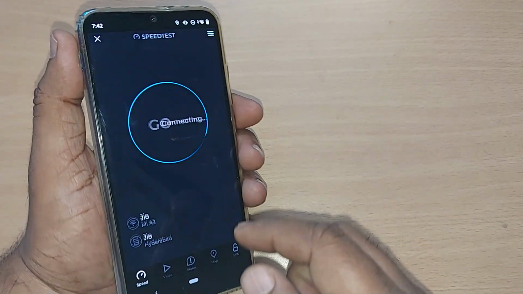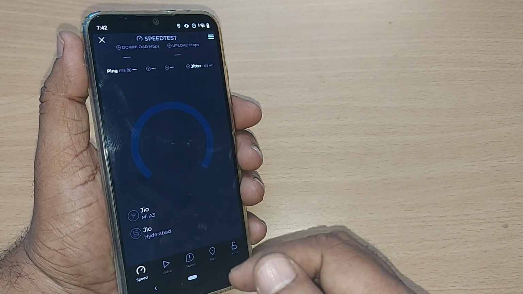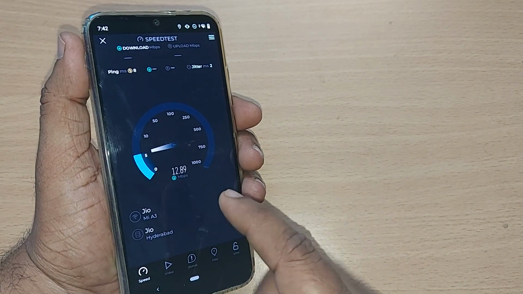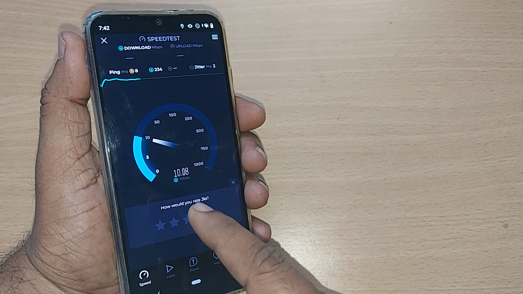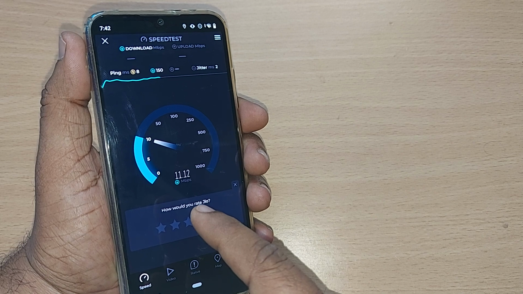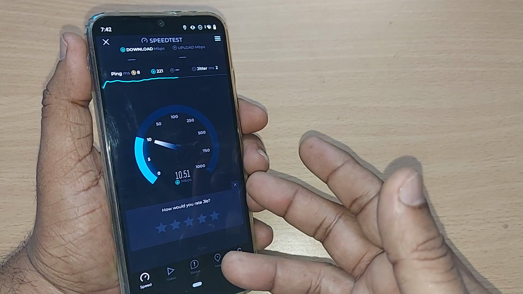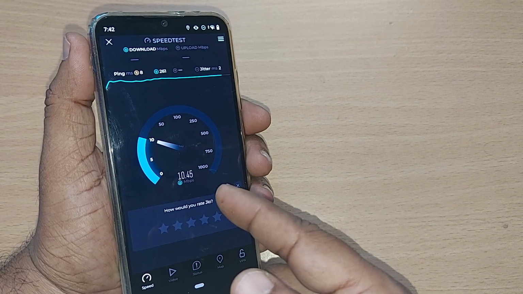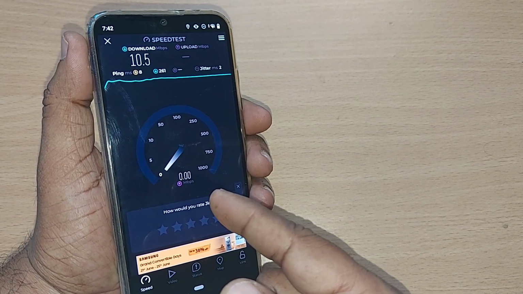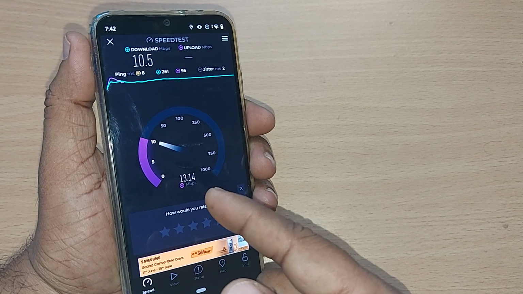Just tap on this Go. This should show you the download speed initially, and the download speed of my data Wi-Fi is now 10 Mbps only, and thereafter it would go for the uploading speed. The download speed is 10.46 Mbps, and next upload speed is